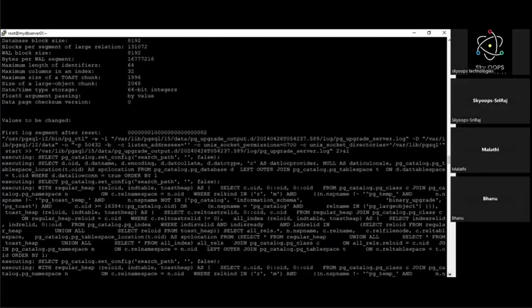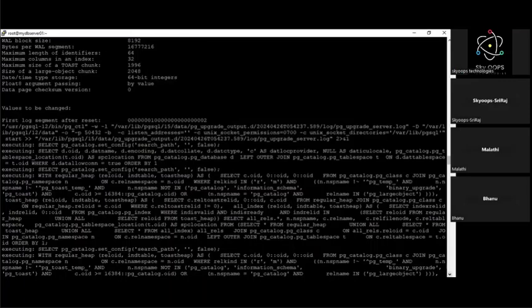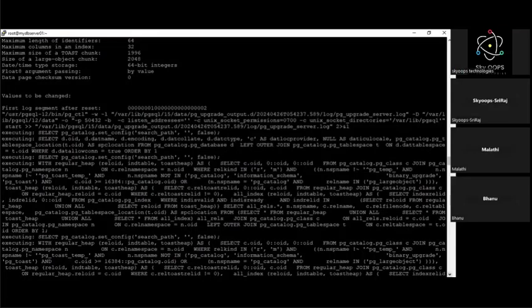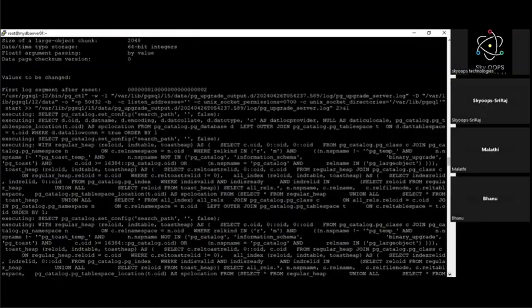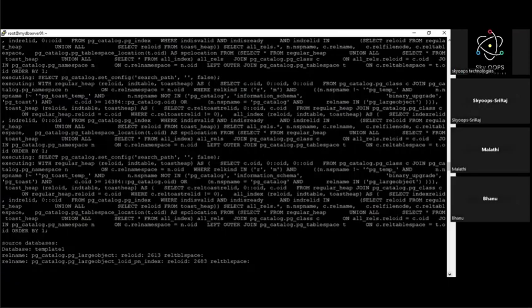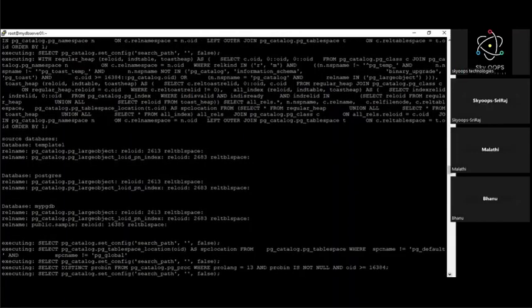Also, a lot of catalog related changes will happen whenever you perform an upgrade activity, either from one lower version to another version, or from a major version. The catalog details will be changed, which means the data dictionary tables will be updated. And as we discussed, whenever you perform a major version upgrade, there is a chance, not always but in most cases,